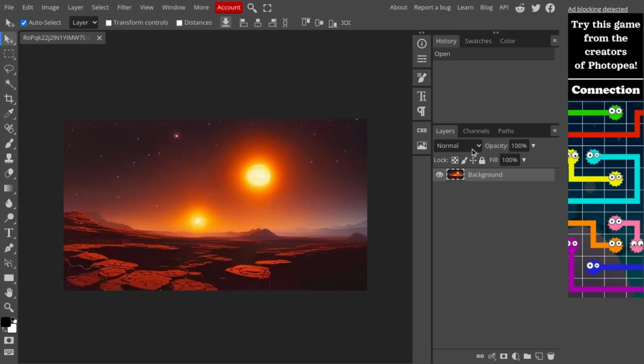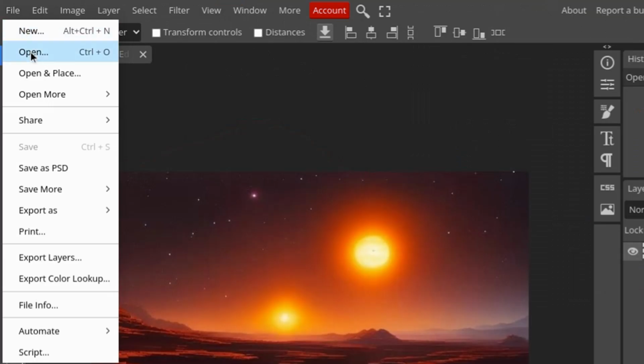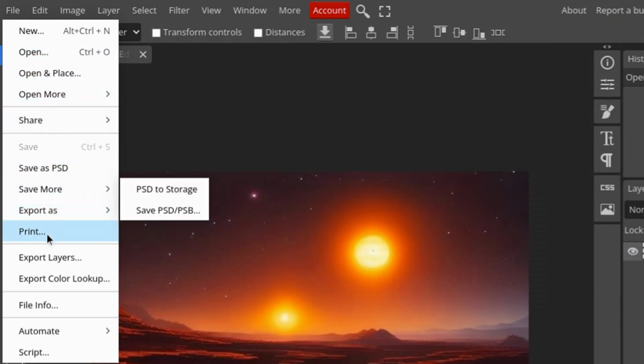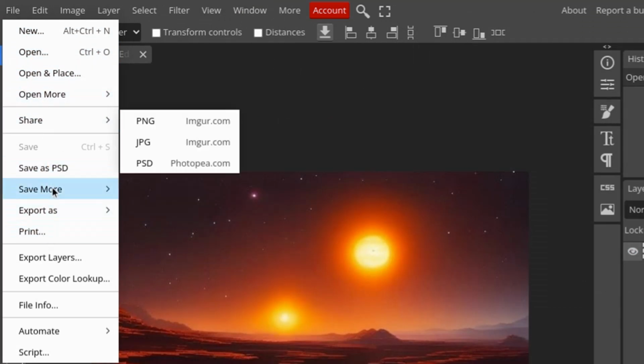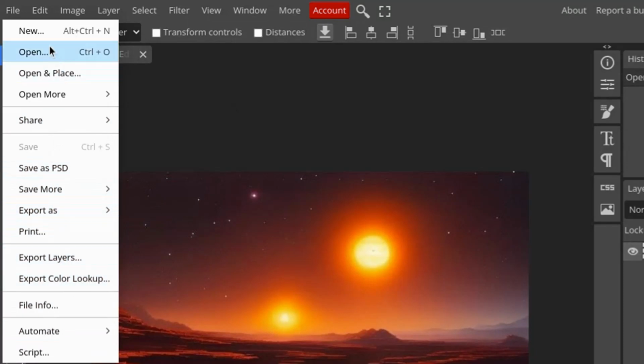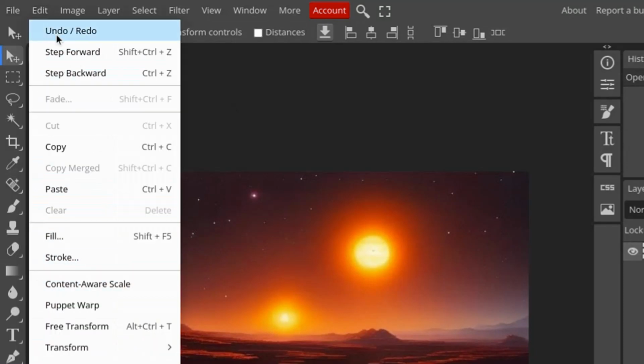corner. You also have more tools on the right hand side here, just as if you were using Photoshop. So if I looked at some of these, we have the file where I can actually work with the file, such as print it or share it or do other things with my file. I can edit. There's my undo, which is really important. There's a step forward, step back, which again, that's the undo.